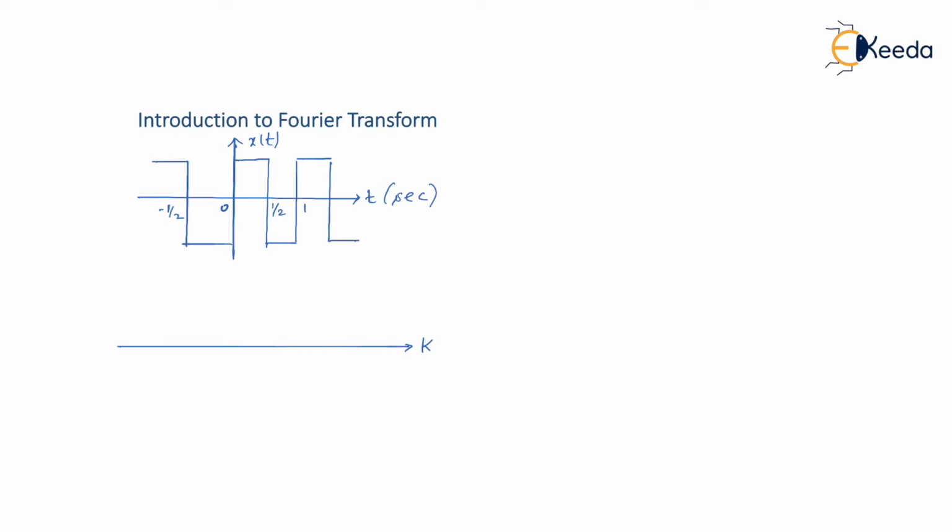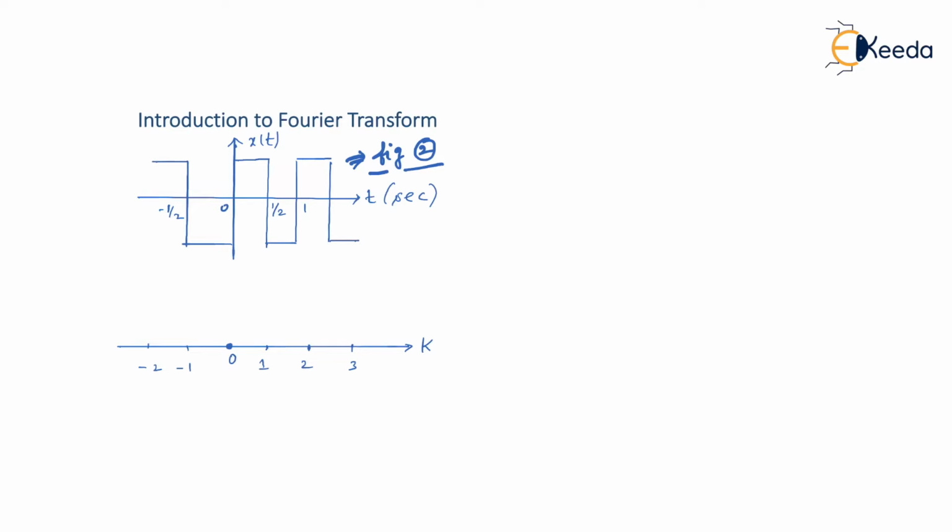Now I'm going to give you the frequency components of this x of t. So let's have a CK plot for this. We know that this is popularly known as figure 2. When we discussed Fourier series, I'm sure you're watching those videos in sequence, because sequence matters in this subject. For figure 2 being a half wave symmetric signal, we know that the DC value is always equal to 0, so at k equal to 0 we get DC value equal to 0.